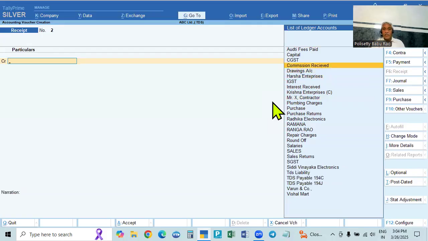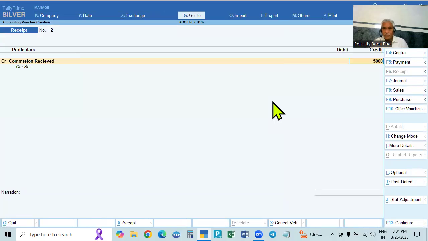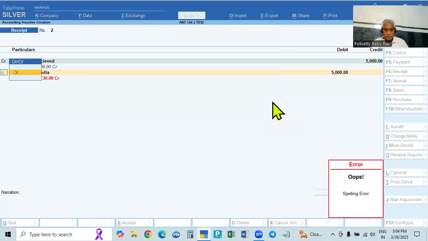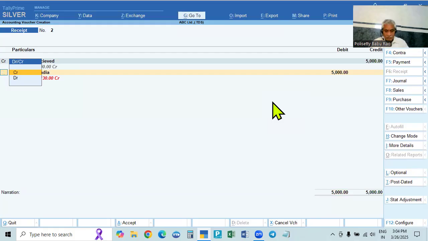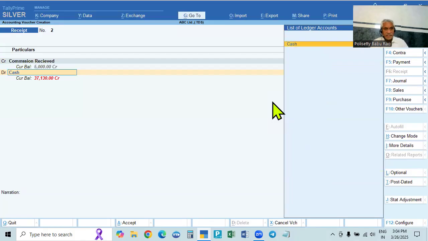For example, we received commission. So we will credit commission, we received 5,000 rupees, and debit State Bank of India or debit cash. So we received cash, cash in.